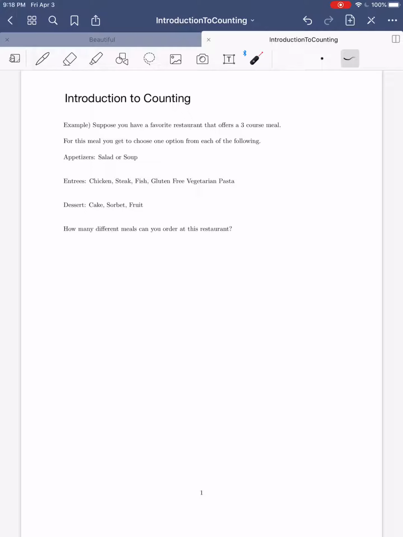So to get a little better at that and to speed that process up and to see some better ways to handle situations like that in probability, we're going to spend one video talking about counting. Now in mathematics, counting is actually a branch of mathematics called combinatorics. We're not going to go super deep into this. We're just going to give a very surface level discussion so that you have the tools necessary